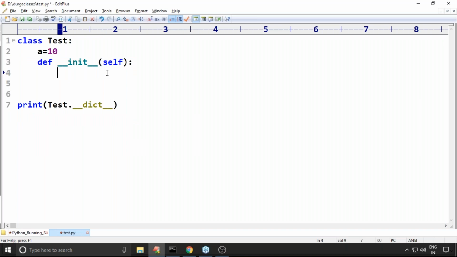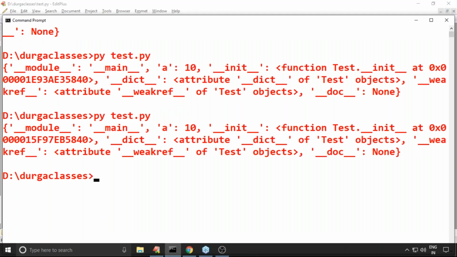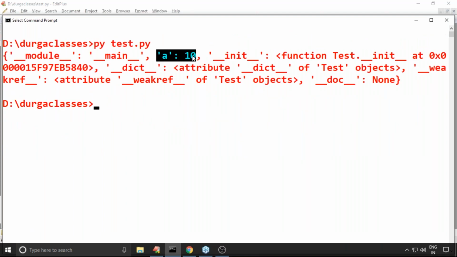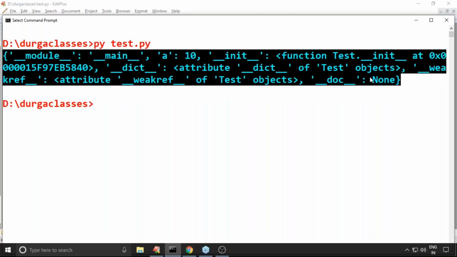Now my question, observe carefully. Inside the constructor, is it possible to declare a static variable or not? Yes, no problem at all, by using the class name. Remember this one. Inside the constructor, we can declare a static variable by using the class name. Now have a look once. a = 10 is there, but b = 20 is not there.